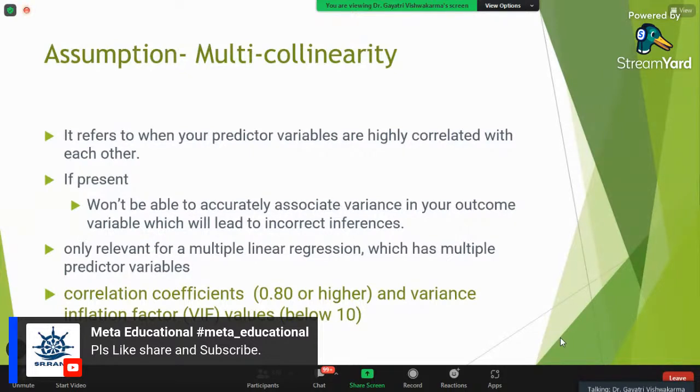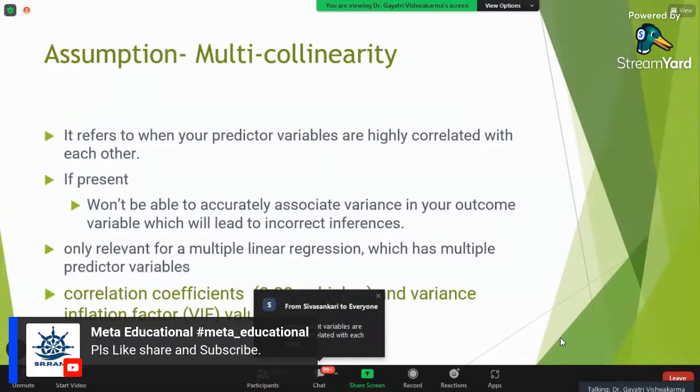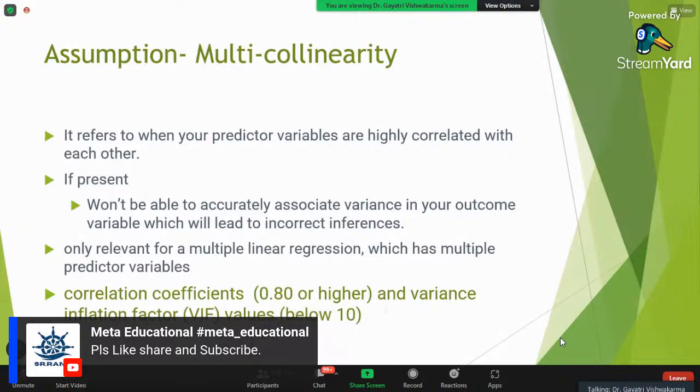Now let me explain one thing. If we are including two variables, and one is used to define another variable, and let's say one is a composite variable and one is an independent variable, you cannot include both in the model at the same time. For example, if I have the height of the child, and I am using BMI, we cannot put these two independent variables in the model to predict something, because height is being used to